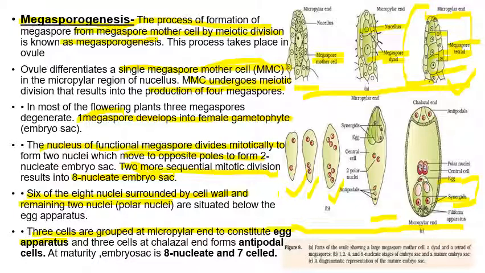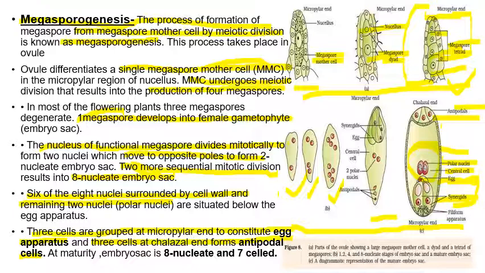Now three cells at the chalazal end form the antipodal cells. Opposite to the micropylar end, you can see three cells; these are called antipodal cells, anti to the micropylar end. Now how many nuclei are left? Two. These are present at the center, called polar nuclei, and they are present in one cell, called the central cell. So there are 7 cells: 3 antipodal cells, 3 where 2 synergids and 1 egg are present, so the total is 6. Now 1 is left, which forms the central cell.